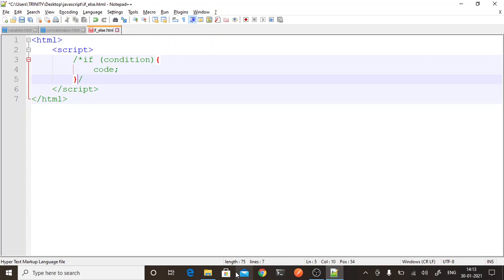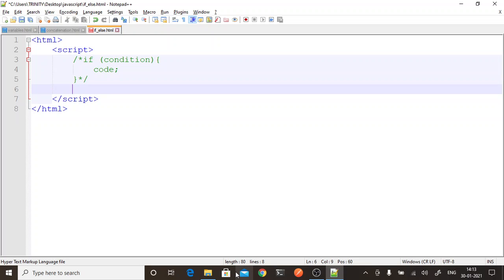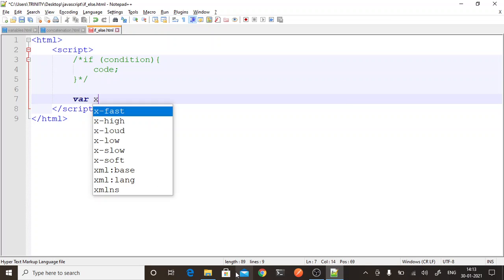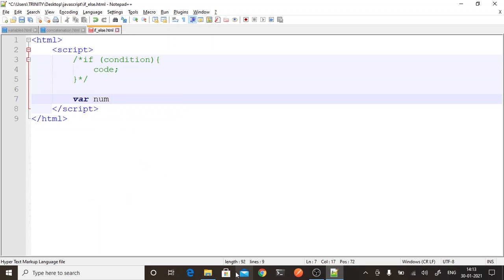For example, we will take a number and check if the number is even or odd. So let us take a number now. I will take it in a variable num, and I will take it from the user. Prompt is a predefined function which is used to take input from the user, like confirm.